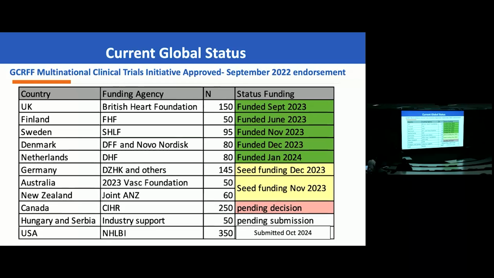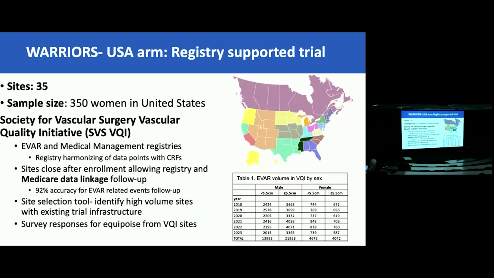As you can see, we started being part of these discussions back in 2022. It first had to go through an endorsement process for an international trial through the Global Cardiovascular Research Funders Forum, and all these funding agencies were part of that. Then each of the countries applied for individual funding. We had to go through a process called staff consultation. For any large clinical trial in the United States, you have to get approval from the institute that you're applying to on the trial design, the sample size, the statistical methodology, and budget before you can submit it for scientific review. That took us another 1.5 years, and we were able to then submit in this past cycle.